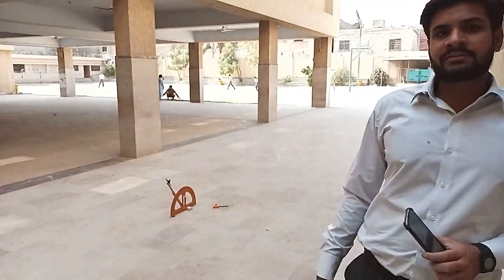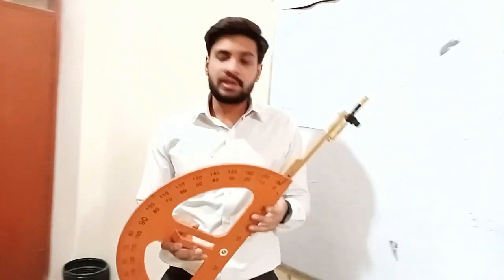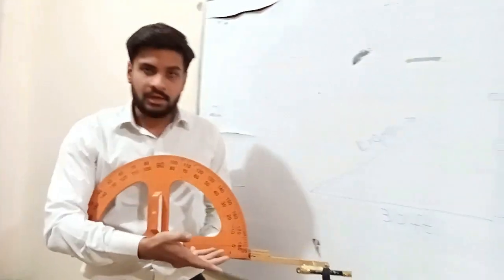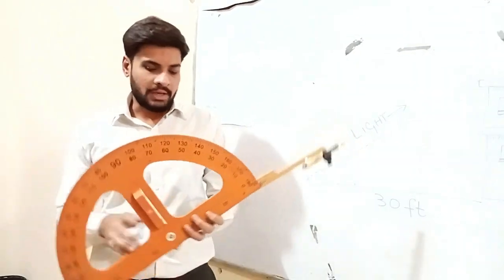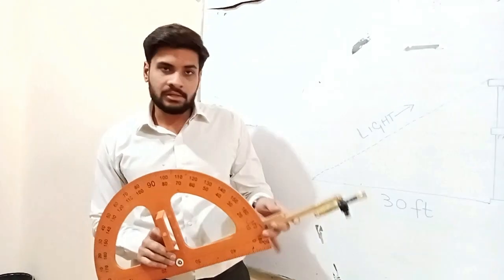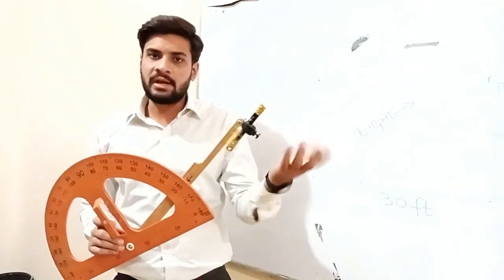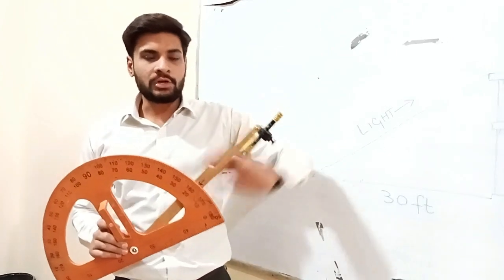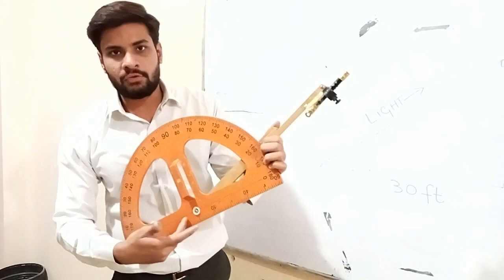Okay, so now you can use this device if you want. Now we'll discuss how you can make your own device and have fun finding the heights of tall objects. To make the device, you just take a protractor, and you use an arm to point at the height you are trying to measure. You can place a laser light or anything right here so that you can spot the height, and you can take the angle of elevation from the protractor.